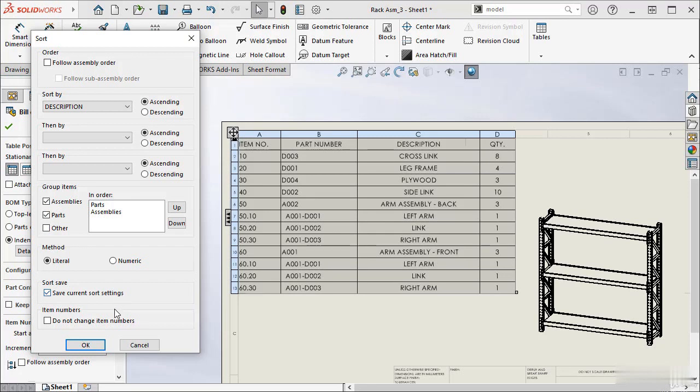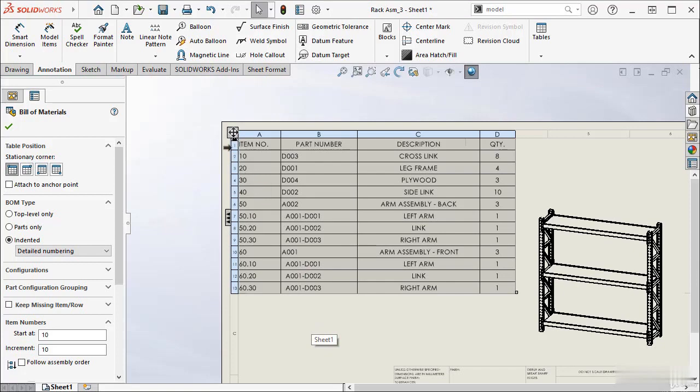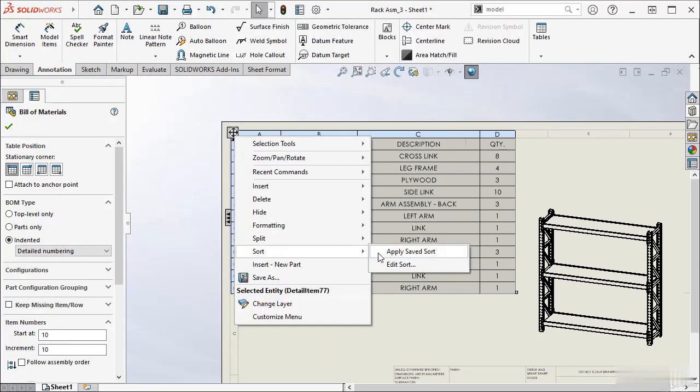As well as when you sort it, you have the option not to change the item number, in this case this item number, because every time we are sorting, this item number keeps changing. In this case, there is no change. Let's change this sort